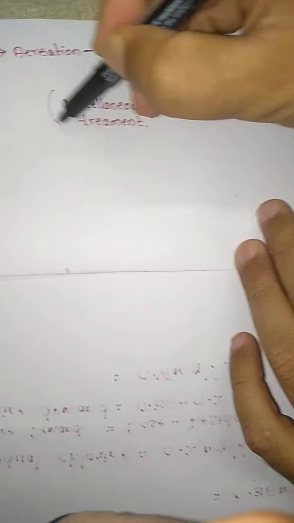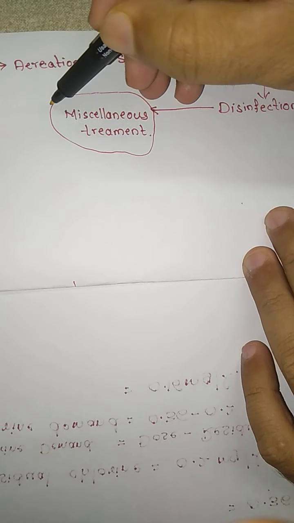In the miscellaneous treatment, removal of color, removal of odor, removal of turbidity, softening, right, fluoridation, defluoridation, all techniques are there, but in your syllabus they have mainly concentrated on the softening, that is lime soda and zeolite process, and then fluoridation and defluoridation techniques, and then RO and nanofiltration, they are going to give more concentration. So we will be discussing all this. Whatever we are going to discuss is a part of miscellaneous treatment.